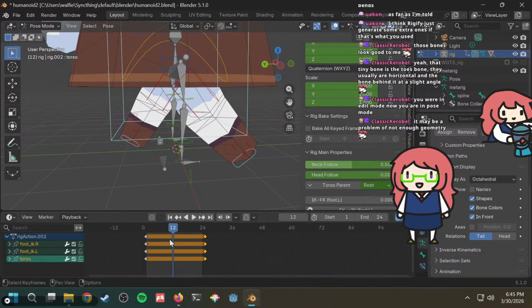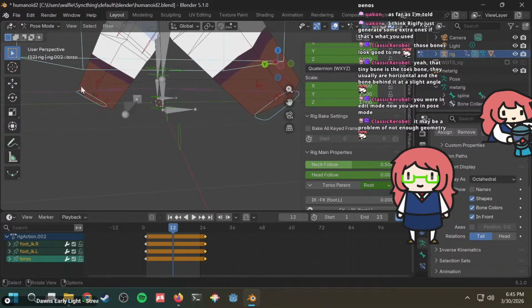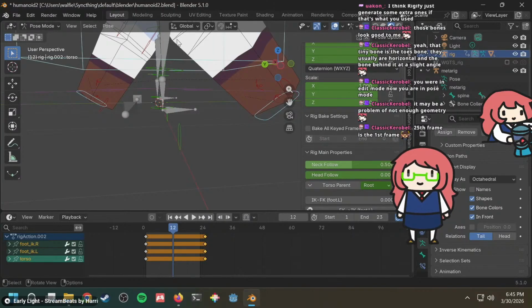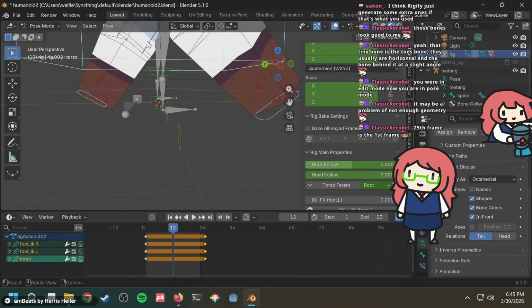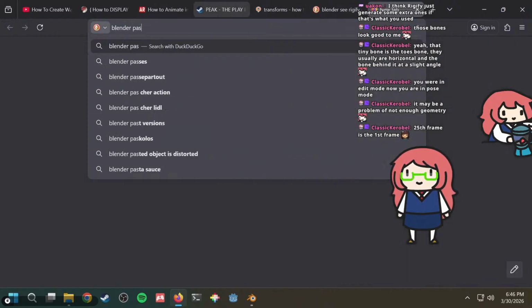Alright, then at frame 12, here you gotta paste this. I guess it would end at 23. You would paste the same thing here, but then you want to reverse it, right? How do you reverse? There's a way to paste it reversed, right? Blender paste mirrored.